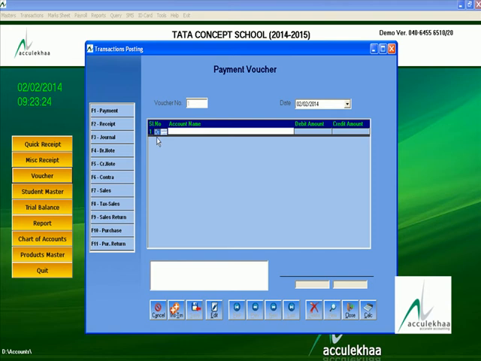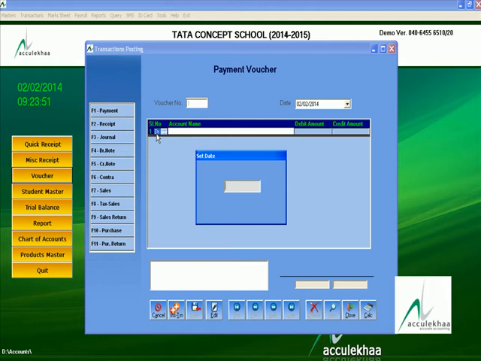Then your cursor is in the debit column and you have to press the enter key, then your cursor will appear on the account's name side. And suppose you want to change the date of your voucher, at that time you have to use the F12 key to change the date.